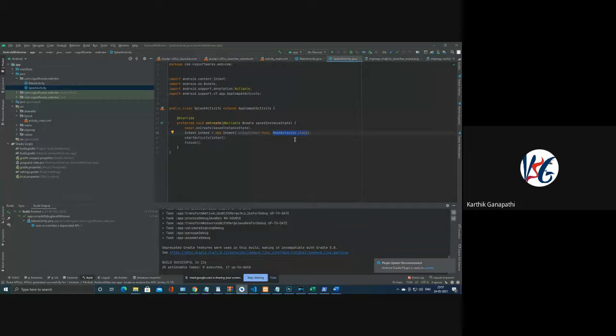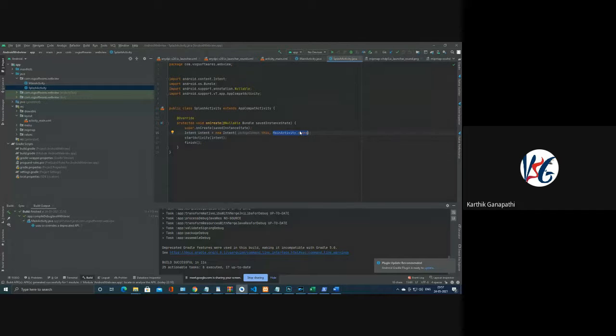Intent is the main keyword, and it is an inbuilt component of Android, which we use to make the transition from one particular activity to another activity. For example, if I have another activity, main activity 2.java, I can directly use main activity 2.java, so that whatever components we have will be transited from the present state to main activity 2.java. So this is how it is going to happen.